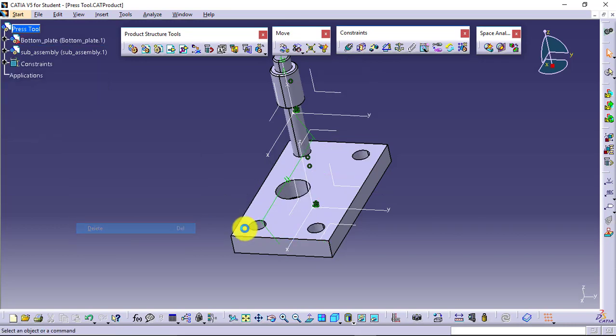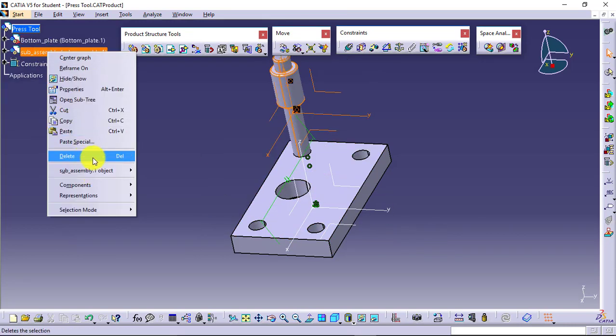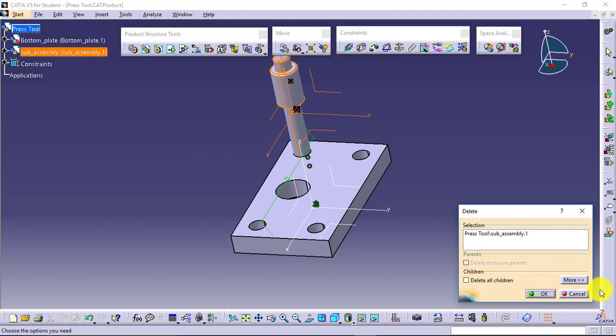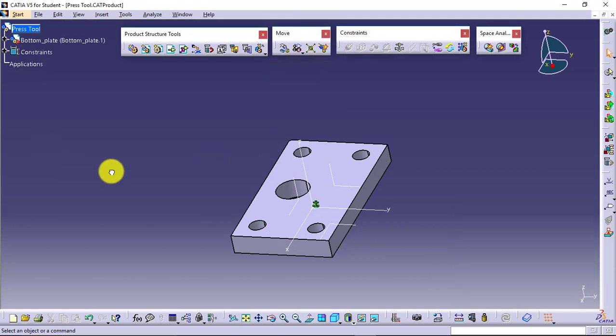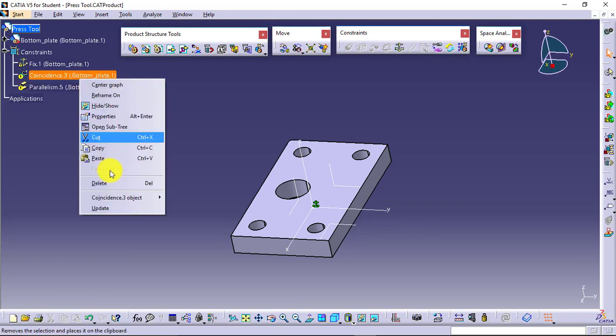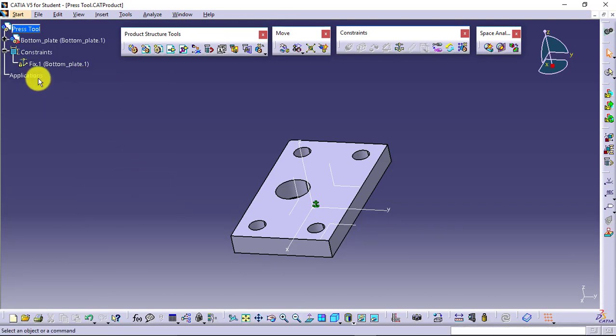Suppose I don't have the sub-assembly available, like I have not created the sub-assembly. In that case, what we can do is, let's delete this. Yeah, we can create the sub-assembly here as well. For that, I'll need to go for this product option. I want a product.